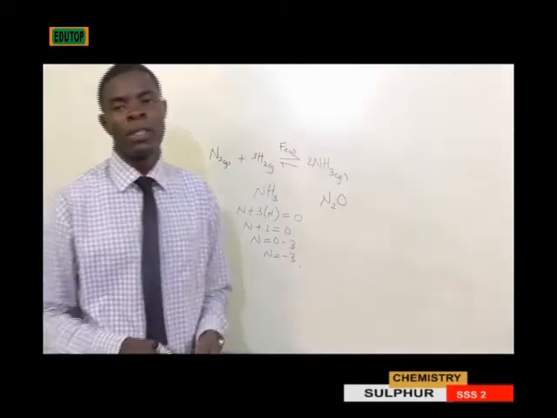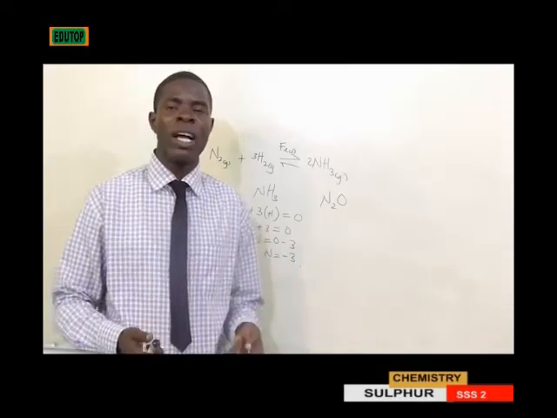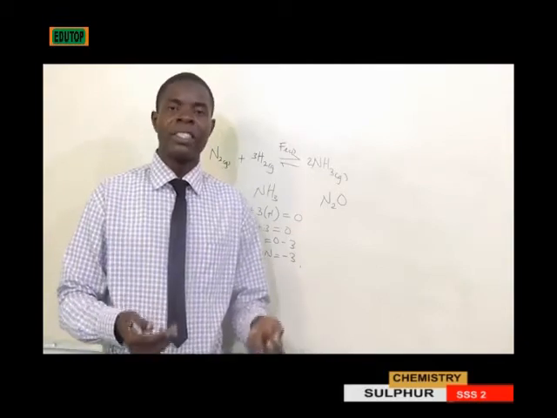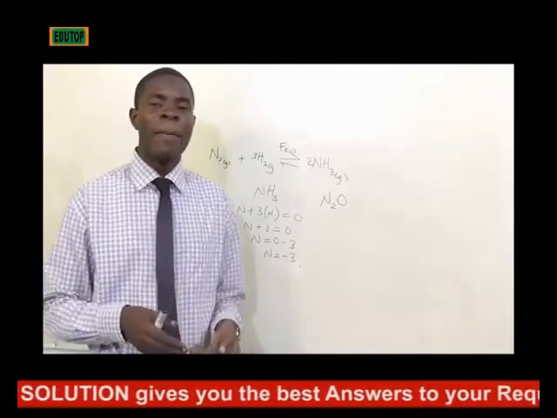Sulfur. Elements in group 6A include oxygen and sulfur. Therefore, sulfur is placed in group 6A. Sulfur is a non-metal. They are electron acceptors and are oxidizing in nature. When I say electron acceptor, I mean they have the tendency to accept electrons, and that is what accounts for them being